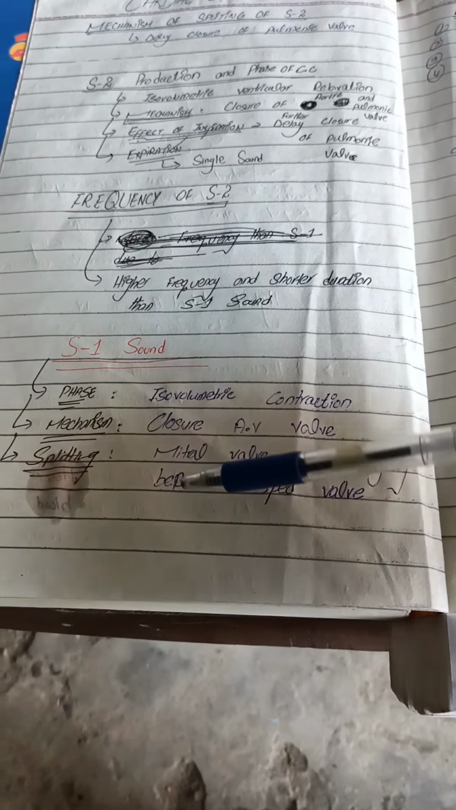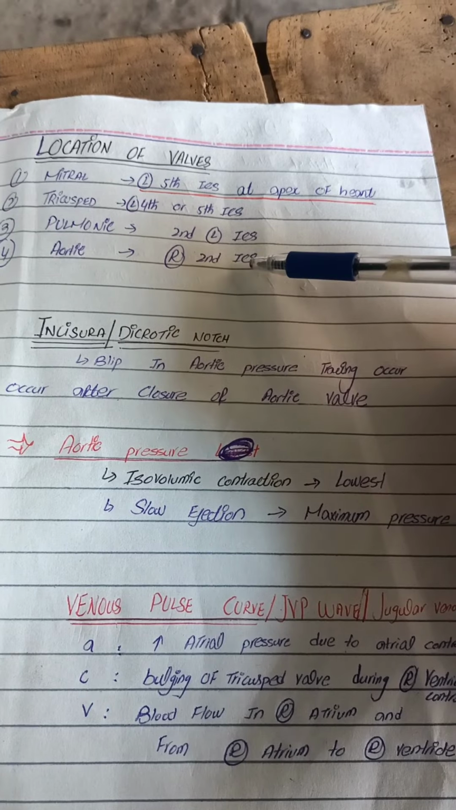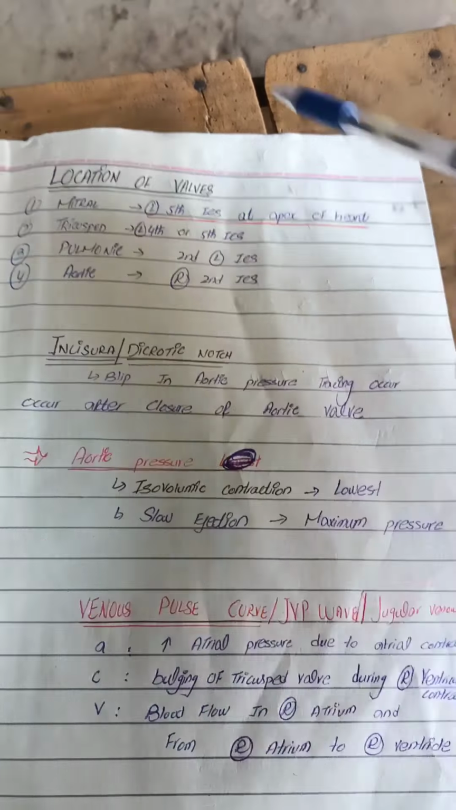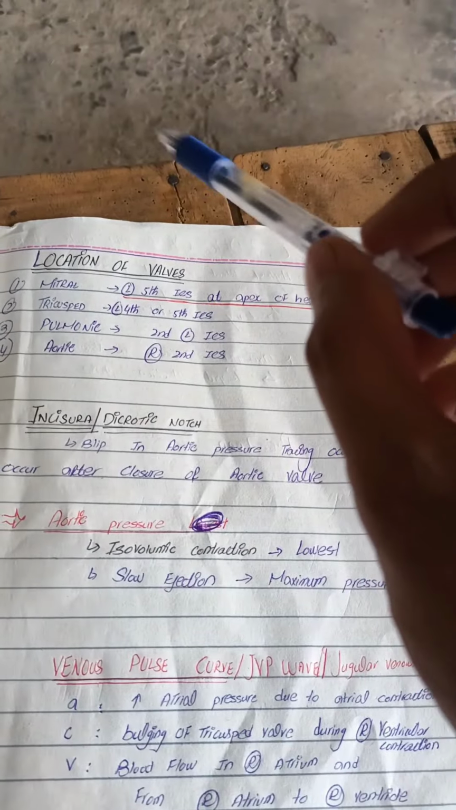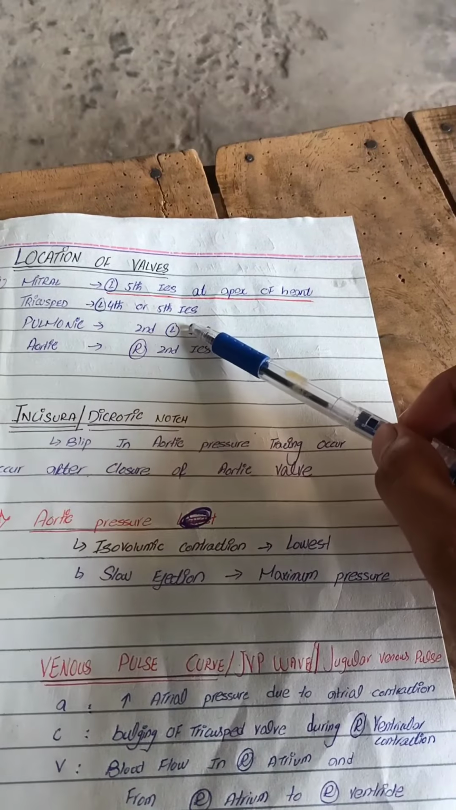The heart valve location is a frequently asked question in the FCPS. So the location of the mitral valve is the left fifth intercostal space at the apex of the heart. Tricuspid valve, left fourth and fifth intercostal space, and pulmonic valve, second left intercostal space. Aortic is the right second intercostal space. So basically you have to memorize these locations for